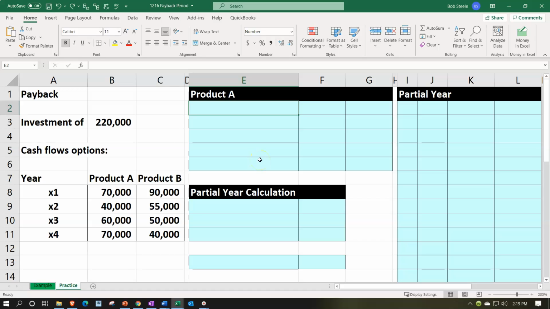Here we are in our Excel worksheet. If you have access to the Excel worksheet and would like to follow along, note that we're on the practice tab as opposed to the example tab, the example tab in essence being an answer key. Information on the left-hand side, we're going to populate into the blue area on the right-hand side, calculating